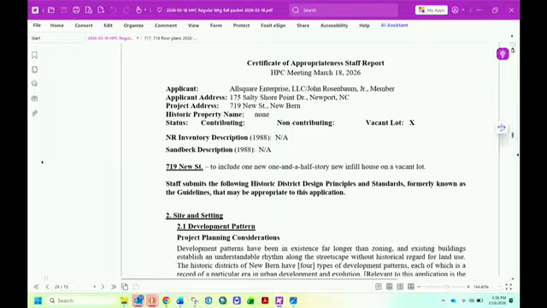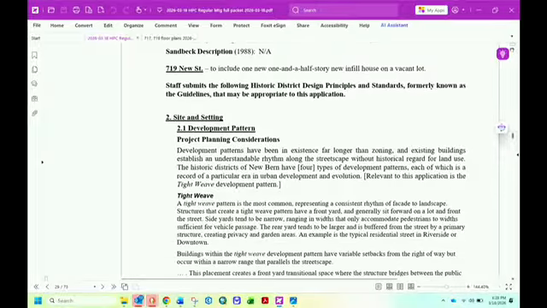So therefore, there is nothing in the National Register inventory or the Sandbeck description for this property. So 719 New Street, the project is to include one new 1.5-story new infill house on a vacant lot.